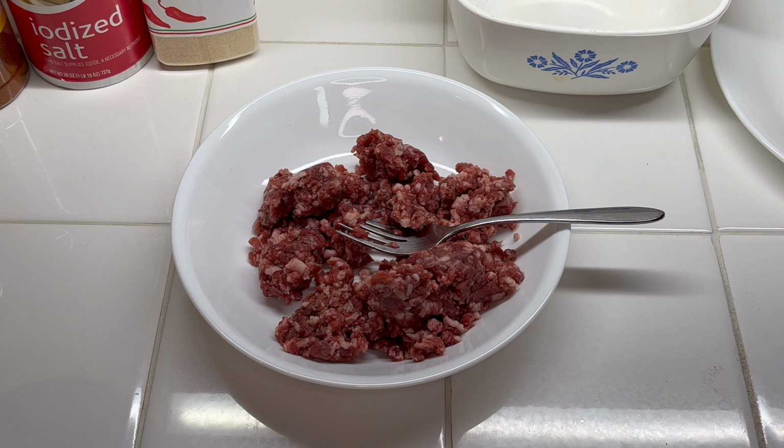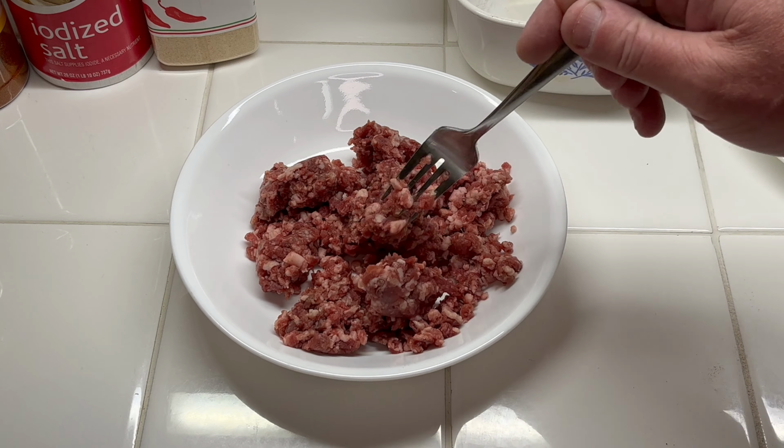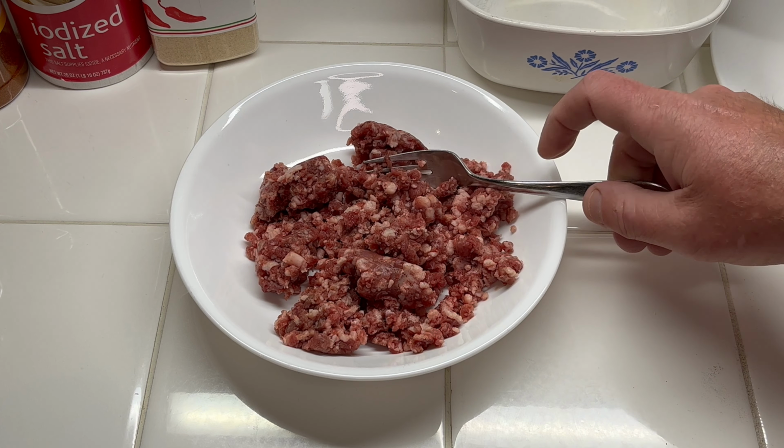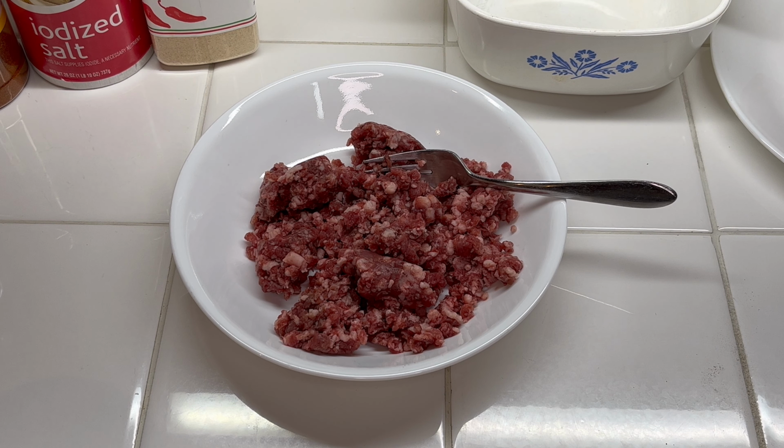So today for lunch, I'm making a surf and turf burger. I'm using some ground chuck, and for the fish, I'm using some redfish. So first thing we'll do is, this is half a pound of ground chuck that I ground myself off of a chuck roast. And we'll go ahead and season it with some salt, cayenne, garlic powder, smoked paprika, and